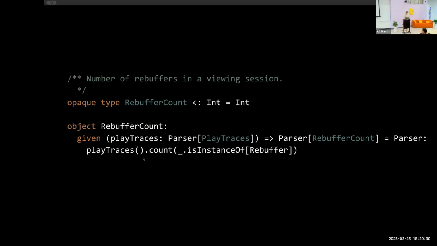So I guess the first question is, what happens if the previous parser is failing? Well, we'll also fail this one. So we'll come back to the internals of the API, but this is what we're telling analytics engineers in the README. We just tell them, create a new file, name it, create an opaque type or a type, whatever type you have to do, but it needs to be unique. You cannot just have an int. You have to have an opaque type if it's just an int.